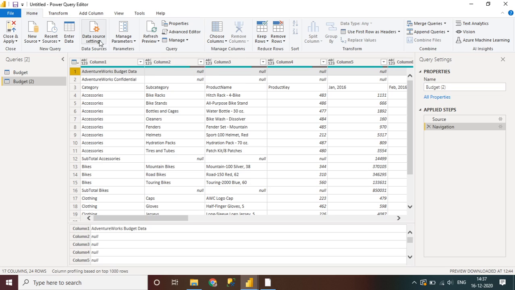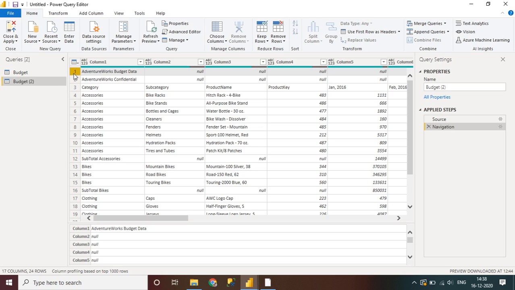If you see here, you can change the settings of the data source, you can choose the columns, you can keep the rows, you can get rid of the unnecessary rows. So there are a number of options provided to you, in which you just have to click on it and your job will be done. You do not need to do any coding. So that is why it is called Power BI: BI, business intelligence, work to be done with power efficiently without any coding.